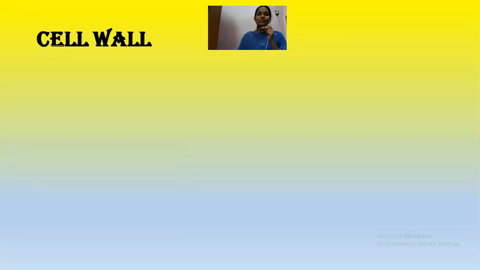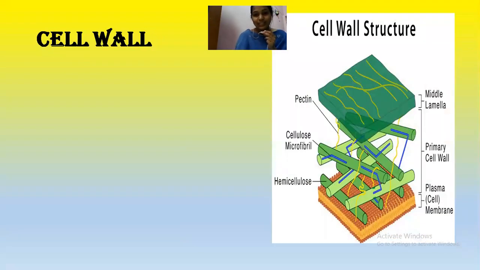Yes. So first, I would like to talk about the primary and the outermost layer of the cell, that is the cell wall. Clearly, we can see the structure of the cell wall here. The cell wall is the outermost layer, and the presence of a cell wall is the important characteristic feature of the plant